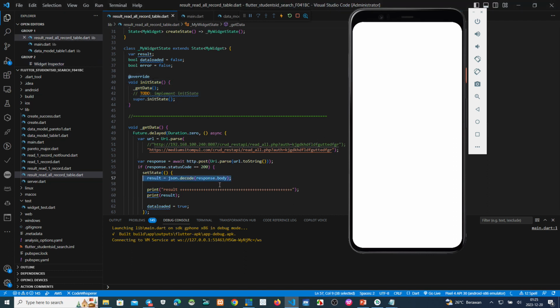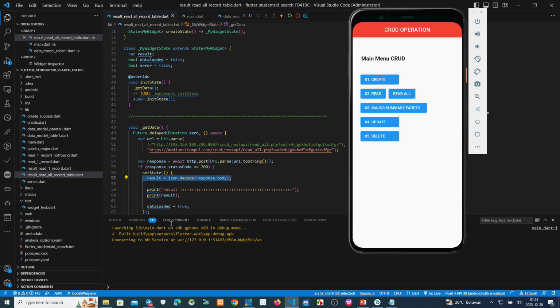This is the backend written. We print the JSON data on the debug console.